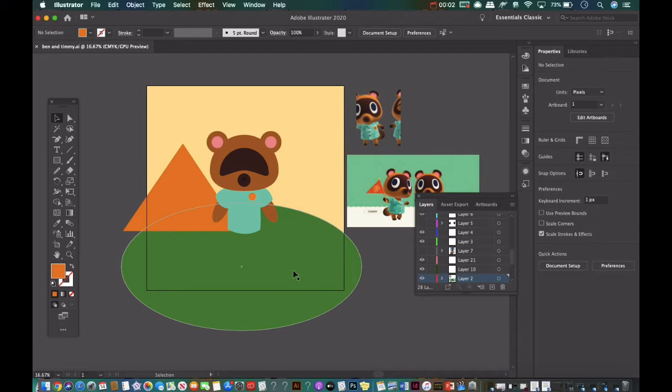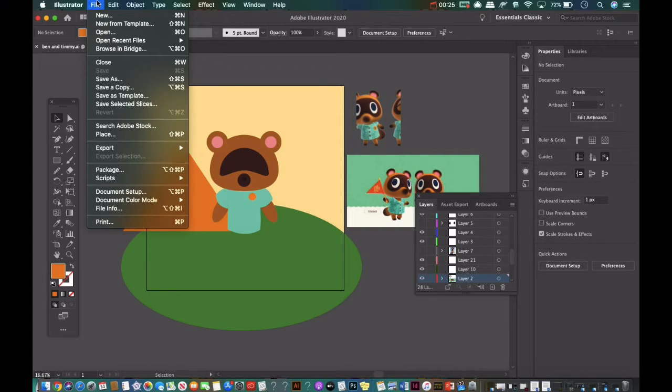Today we're going to be doing a how-to video on how to make a simple design in Illustrator, and it's going to be kind of a landscape type of design. So right now I just have my Adobe Illustrator opened up to something I was working on last night, I think. And so now we're going to go over to File, New,